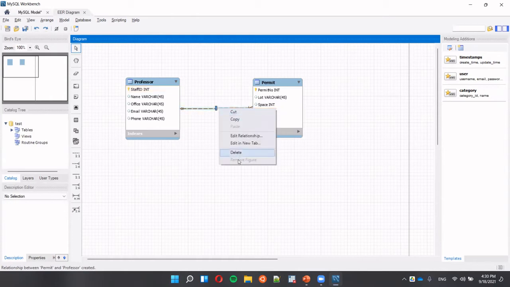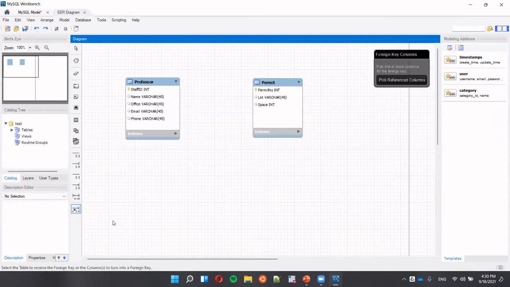So just to show you again. When you first click this, it will ask you to choose a foreign key. It's because in some situations multiple keys can be foreign keys together. Like if there is one table with two primary keys as a composite primary key, then in the related table, you also have to add those two fields as a foreign key. So that's why it's asking you to choose a foreign key. But in this case, we are using